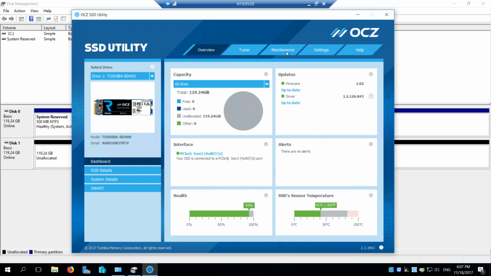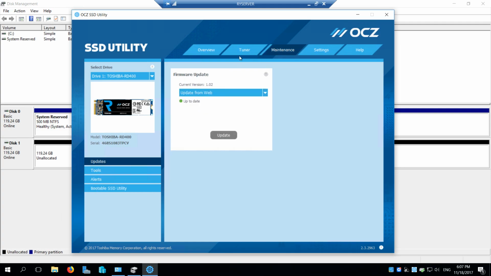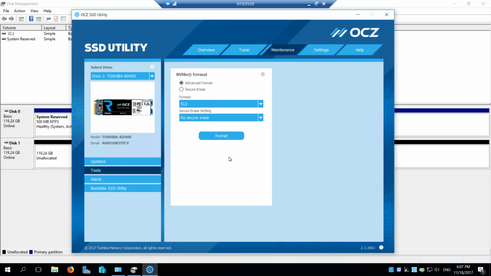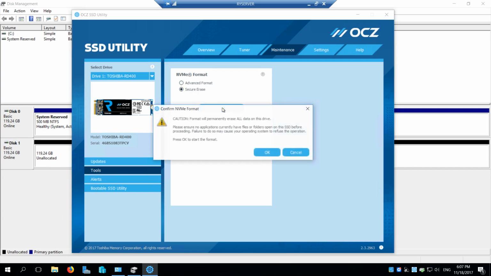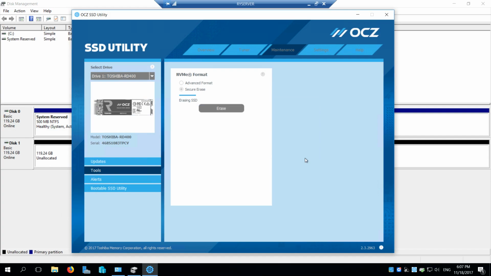But we're going to take a step further, and what we're actually going to do is go ahead and do a secure, like an advanced format. Okay, so we could just do a secure erase, and it'll securely erase that NVMe drive. It doesn't take long. Obviously there's different levels of secure erase. Now this is probably just a very quick